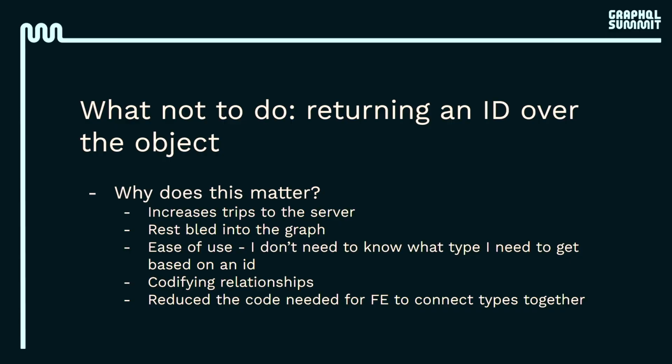As you're starting to push things together and you do make those connections, I can make one request to get my products, my reviews, and maybe the user that gave that review. If I don't do these things and I return the IDs, I have to go find all these things myself. And then the other thing is that it allows your front end to stay connected without having to make those connections itself. So your graph can make those connections between all of your types, where if I don't return the thing, I have to go and make all those connections myself in the front end and do that mental math and that mental problem myself.